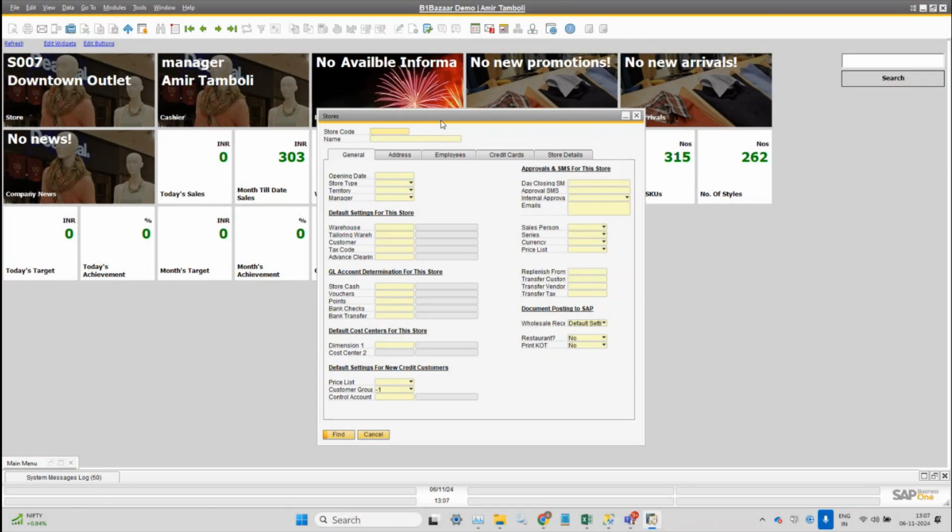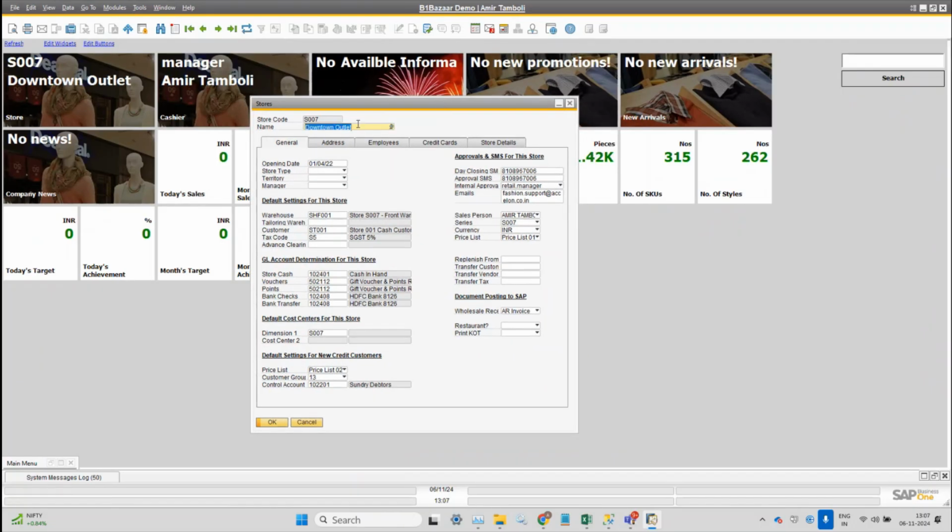For whatever stores we have, we require some pre-configured information. When we are defining any store, each store has its own document series, its own salespersons, default salespersons, and there can be a different GL determination for the store. So all things can be controlled or configured, but to configure the store, these standard document series, we need to